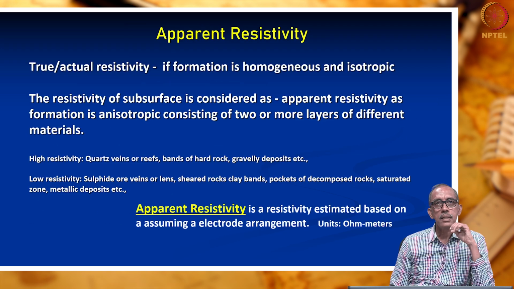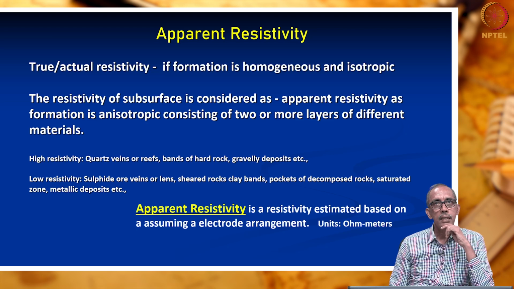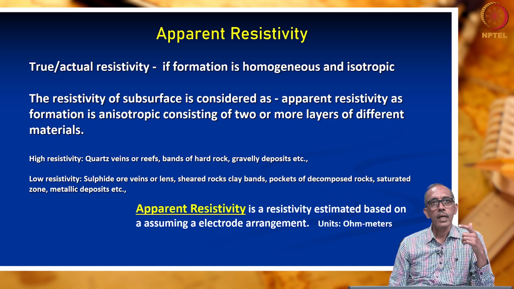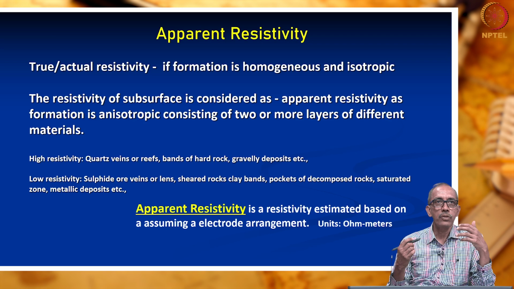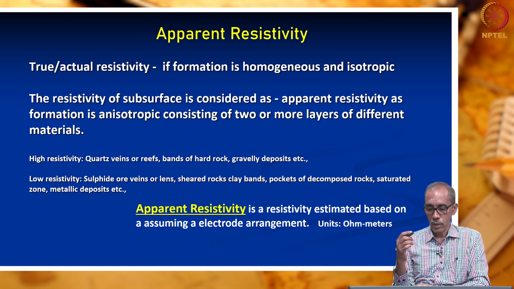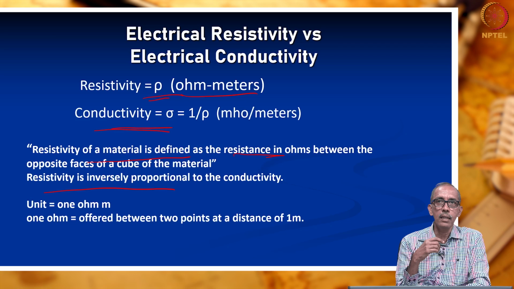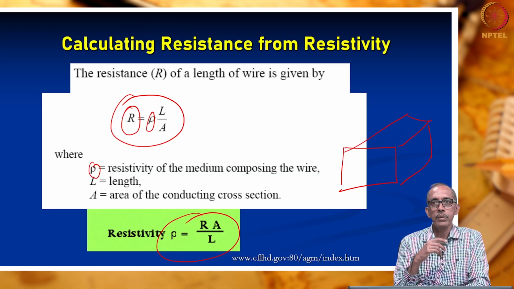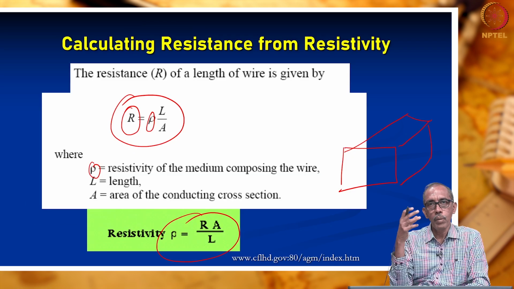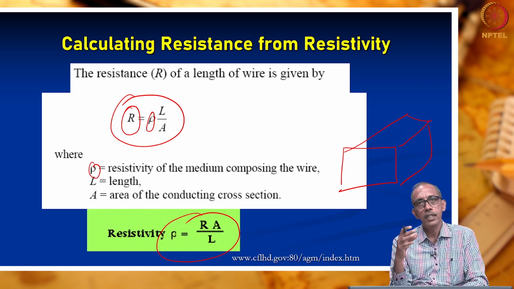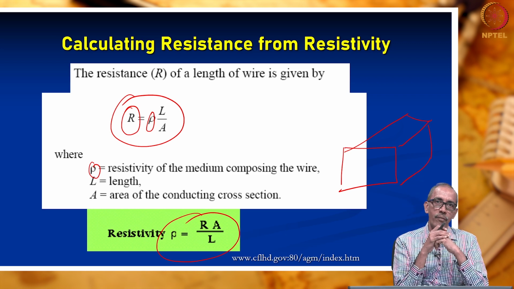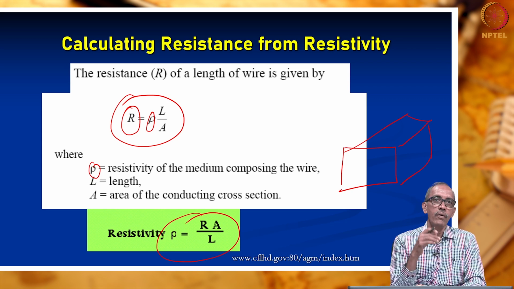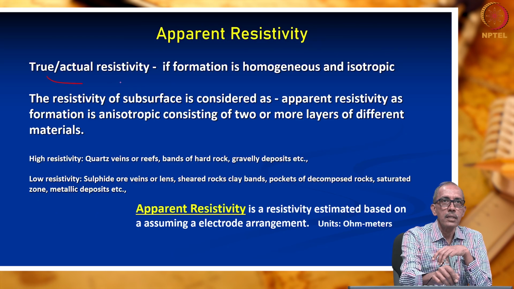After having seen these three, I would like to introduce another term known as apparent resistivity. Until now, we have seen the word resistivity, which is actually referring to the true resistivity of the cube, right? We had seen in this page an elemental cube. Since we have a cube of material in our hand, we are able to determine its actual resistivity. Okay, so the resistivity we have determined is known as actual resistivity or the true resistivity.